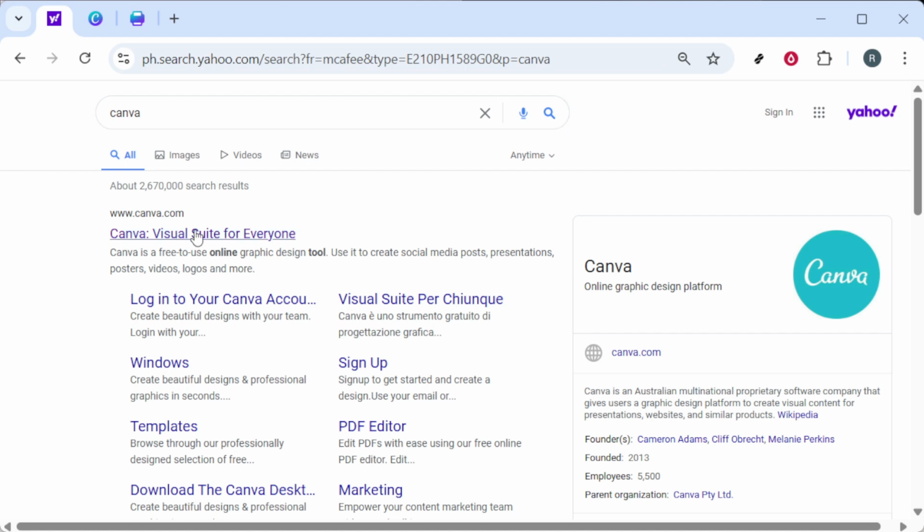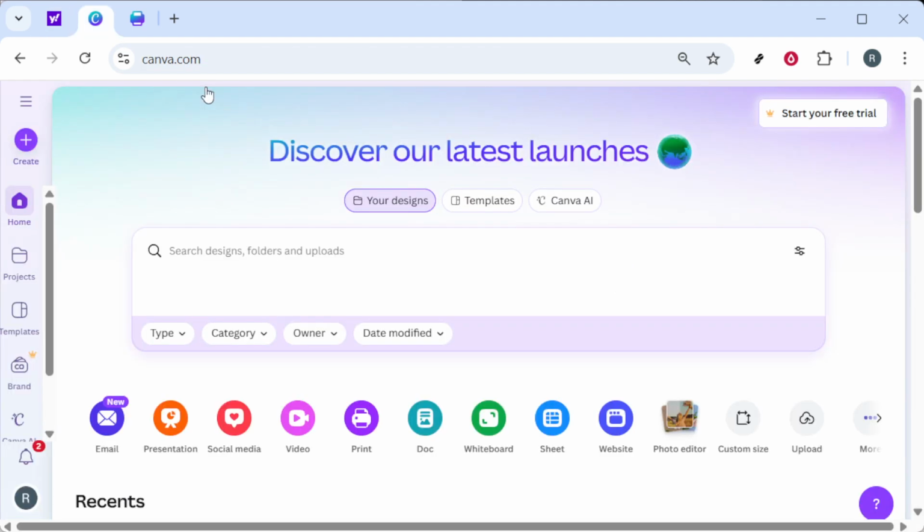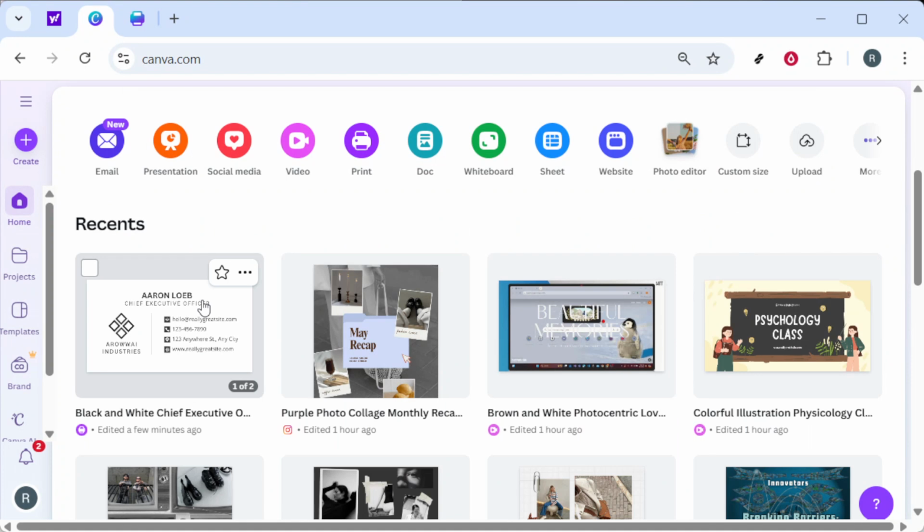Start by opening your web browser and heading to the Canva website. If you're not already signed in, log into your account so you can access your designs. Once you're on the home page, locate the design you want to save. You can open something you've been working on from your recent designs, or choose a template and make quick edits